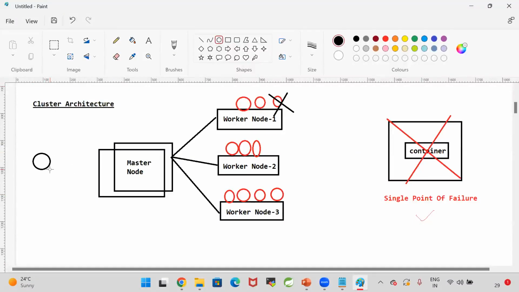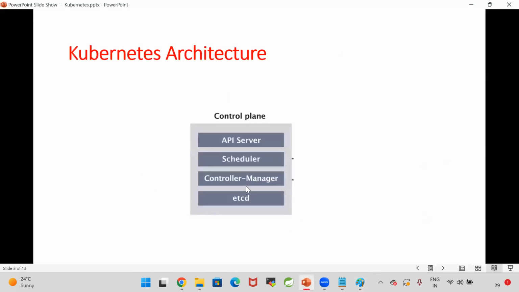Here I'm a DevOps engineer. I want to run my application. To run my application, I will create a Docker image. I will give the Docker image to the Kubernetes control plane. I will send a request to the Kubernetes master node. The master node is called the control plane in Kubernetes. When I send a request to the control plane to deploy my application as Docker containers,